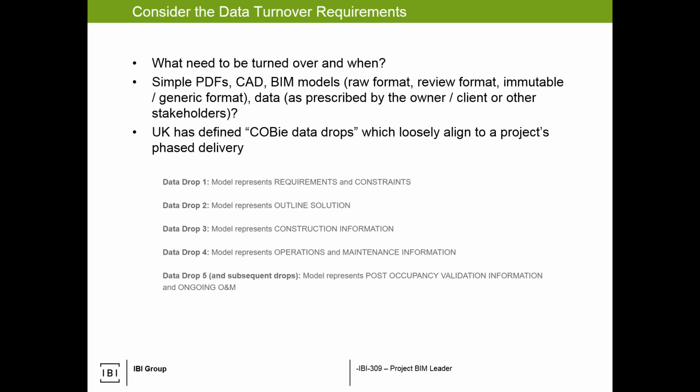Most clients, if they expect data, they'll have it listed in some form or another, and oftentimes it's the end of project deliverable. But if that's the case, I'd recommend, even at 30, 60, 90, or at some point in the middle, say, hey, by the way, this is what the data turnover is going to look like. Is it fit for purpose? Just to make sure the expectation is set and the deliverable can actually be met.